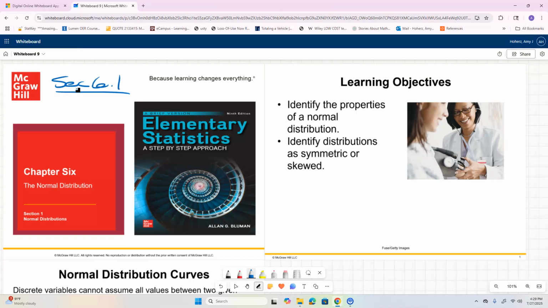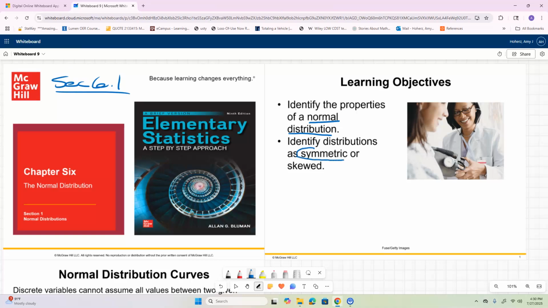Our learning objectives in 6.1 are going to be to identify the properties of a normal distribution. Identify distributions as symmetric or skewed. So this is what I said. We might see some distributions that are not normal, but what we're going to be looking at is basically determining that they're not normal. So we want to know when we look at a distribution, typically with a graph, is